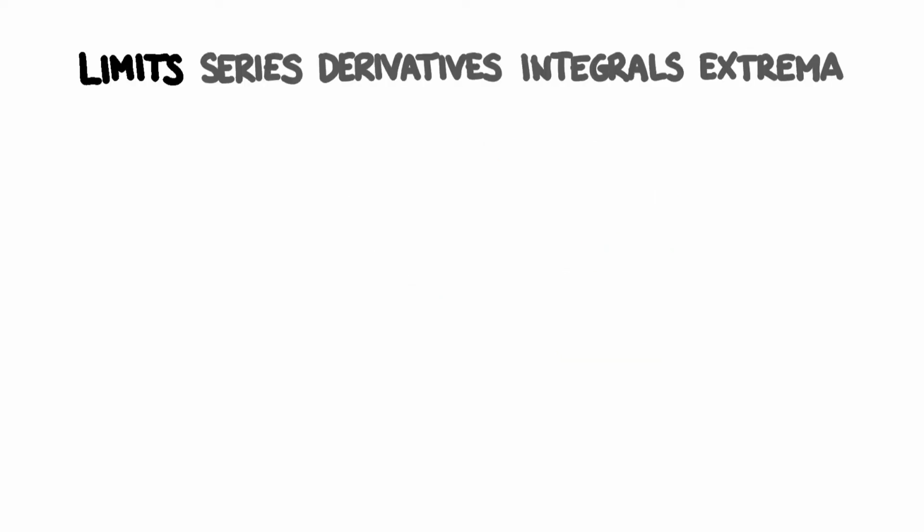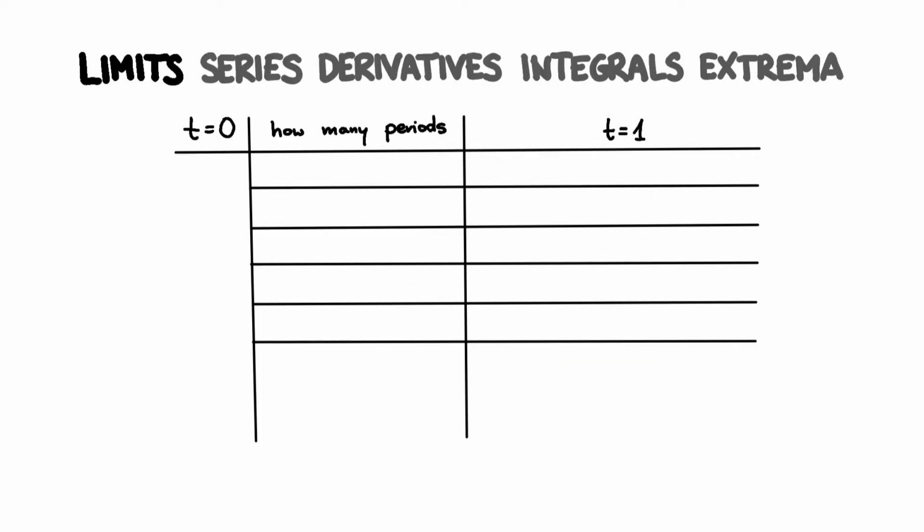We'll start with a quick financial mathematics warm-up. Imagine you put $1 into your account and the bank gives you 100% interest each year. How much money will you have after a year? It's easy, like 1 + 1 is 2. Now let's make it more complicated.